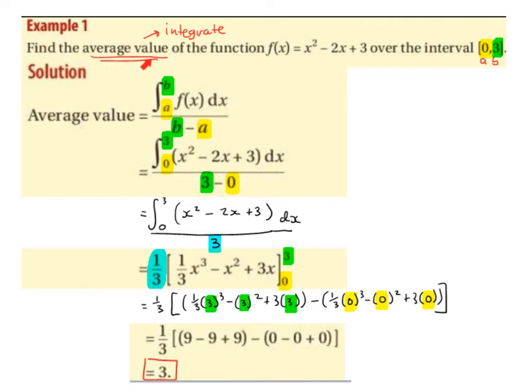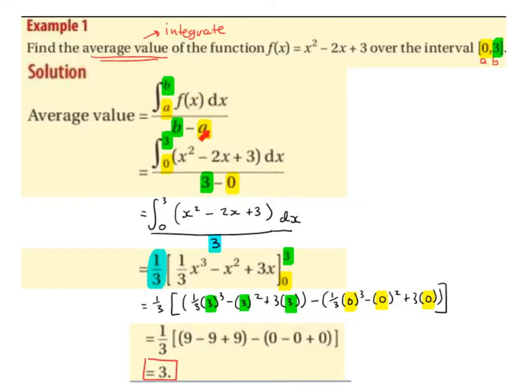Find the average value of the function f of x equals x squared minus 2x plus 3 over the interval 0 to 3. So when we hear the phrase average value of a function, we want to think integrate. So this is our formula for the average value of a function. It's a fraction. The top of the fraction is just the integral of f of x with respect to x between the limits a and b, all divided by